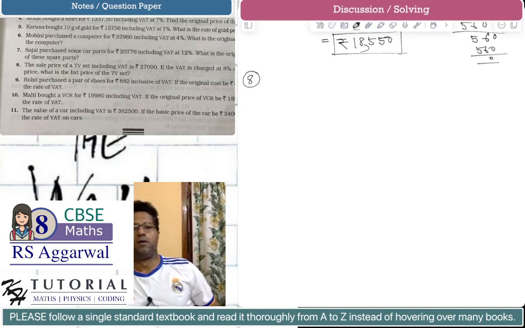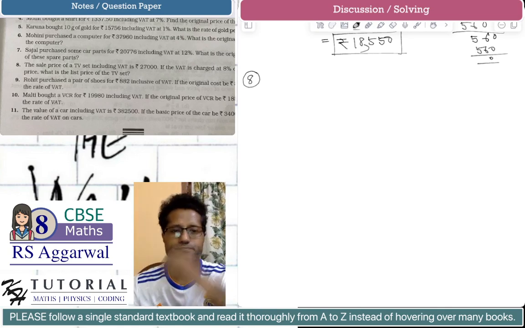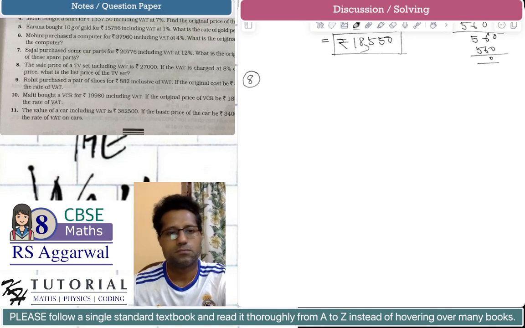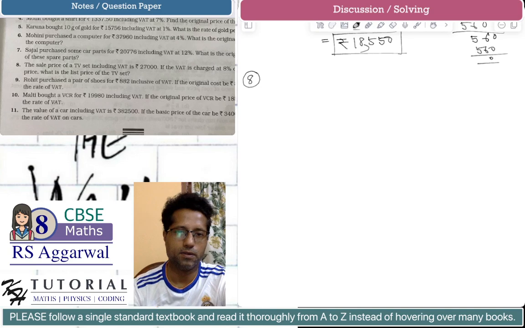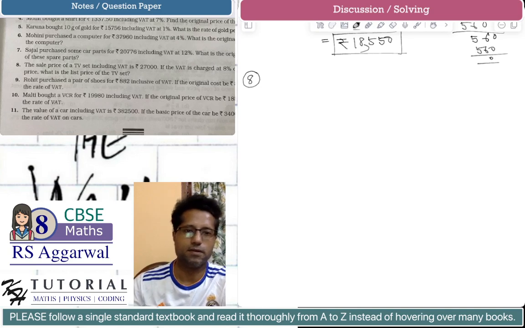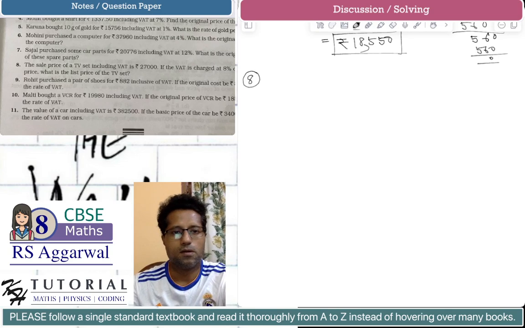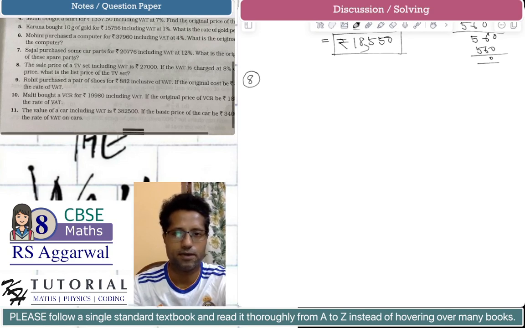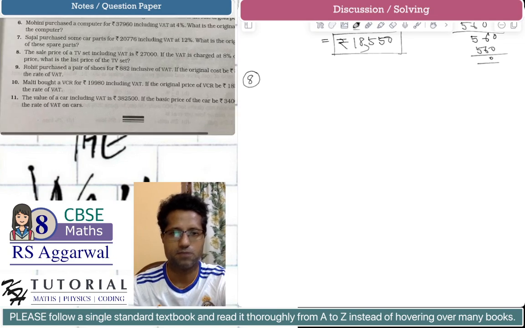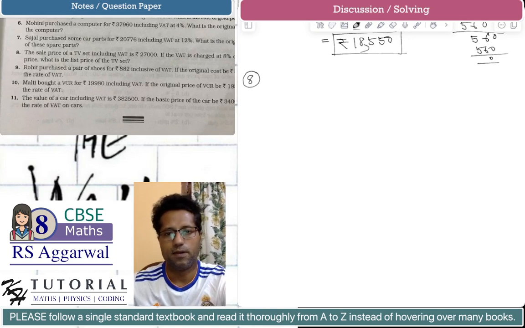Now we know that it is given that the sale price of a TV set including VAT is rupees 27,000. So we can say that the mark price is given and the VAT is applied on the mark price. It is given that if the VAT is charged at 8% of the list price, meaning mark price, then what is the list price of the TV set? So let the list price be